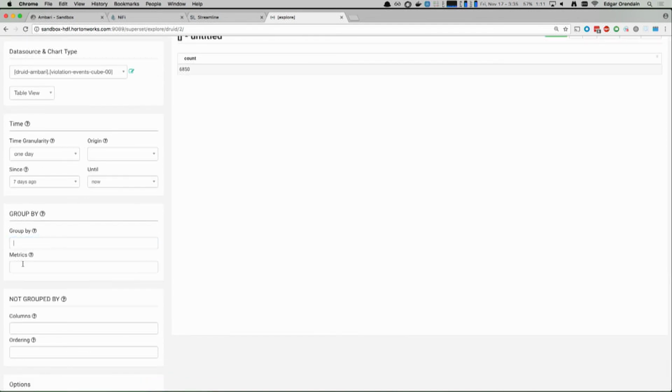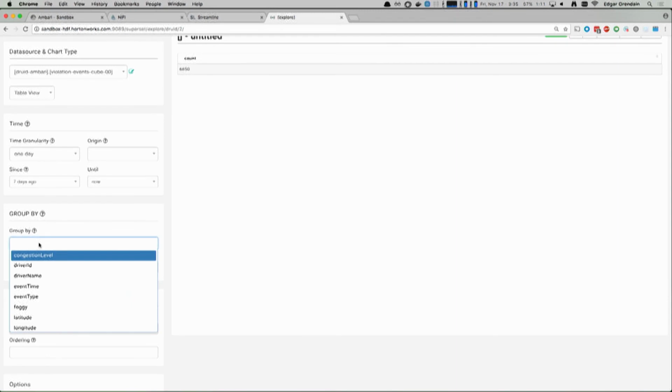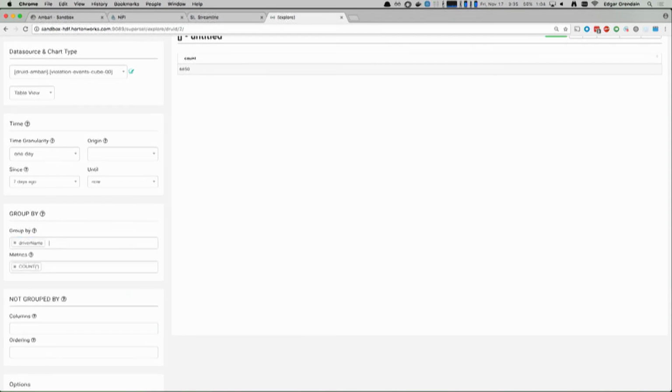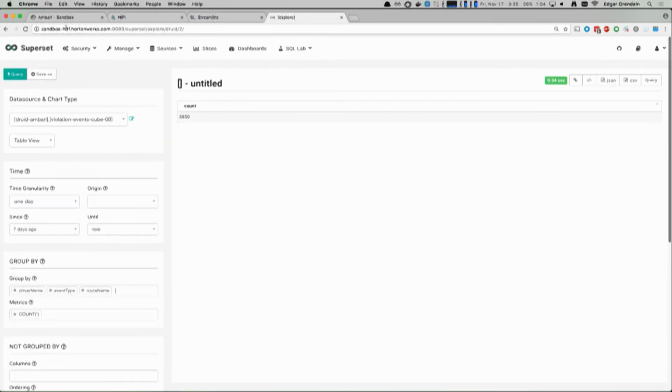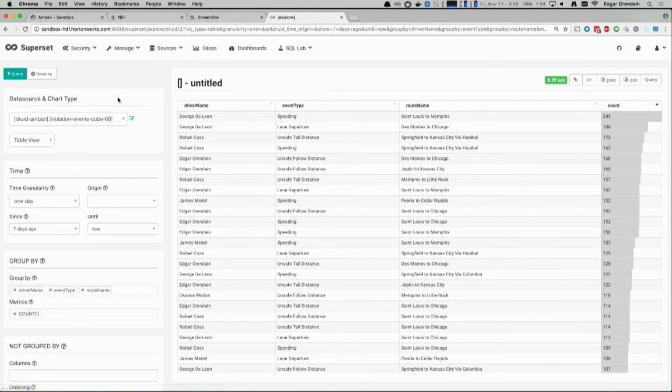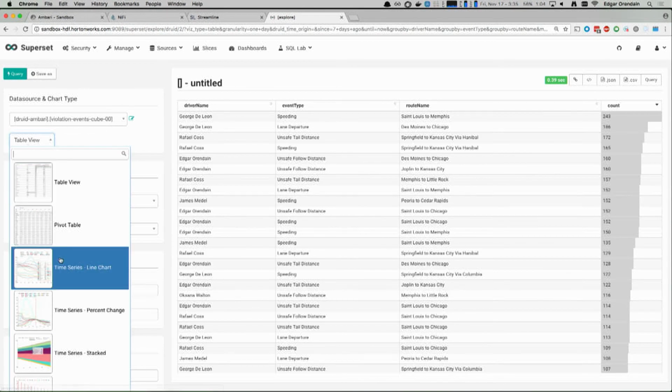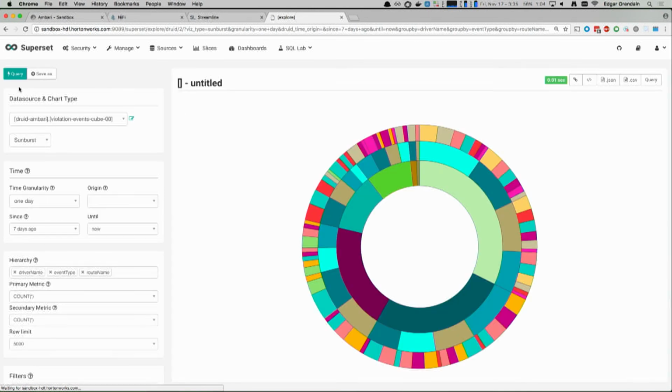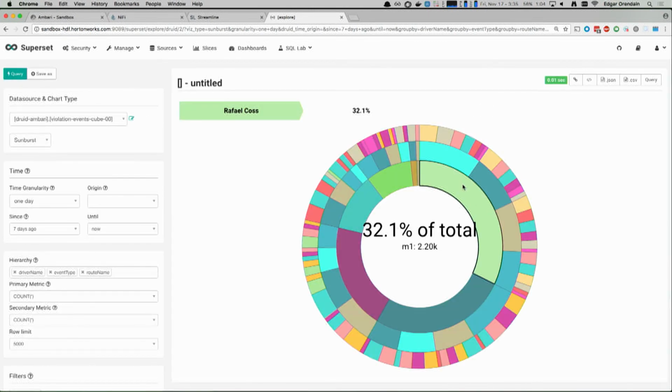Let's perform metrics on count. Let's group by the name of the driver, then the type of violation, and finally the route that the violation occurred on. And that should be it. Whoops. And let's get a better visualization. Let's do a sunburst.